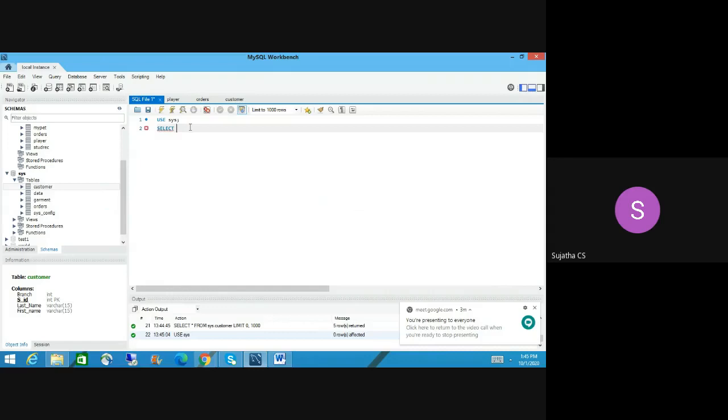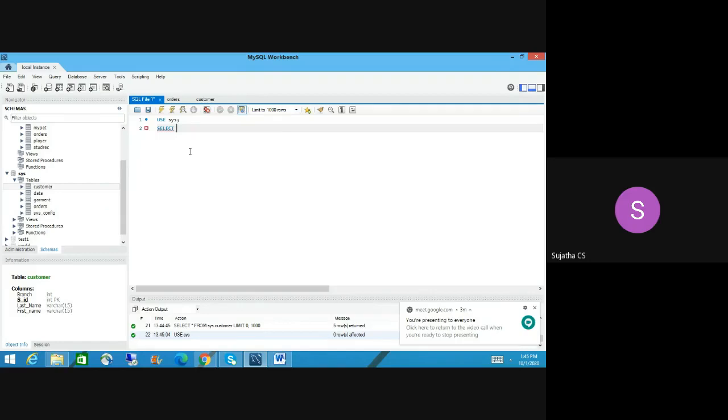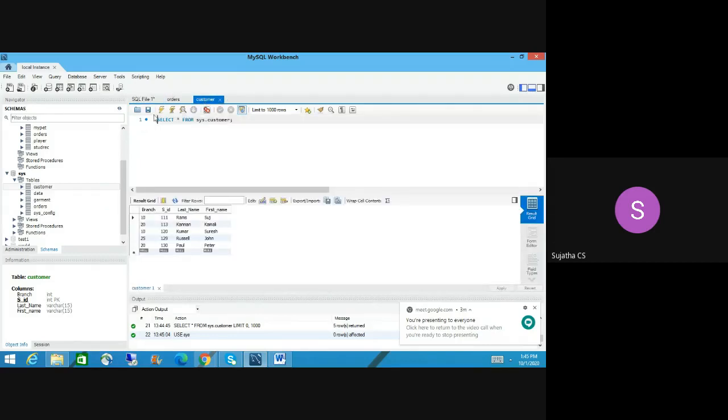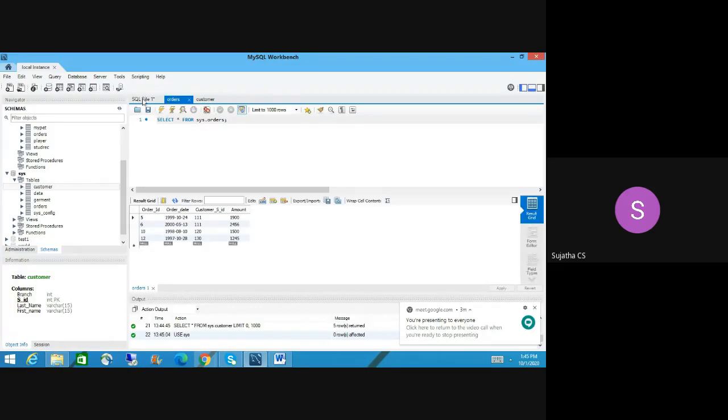Select last name. Let me show you here. In customer table, we have last name, first name, SID, branch. So I have to write last name, comma, then branch. Here I have branch, and then comma, amount. So amount is based on which table? Orders table. So here amount, and then order date.